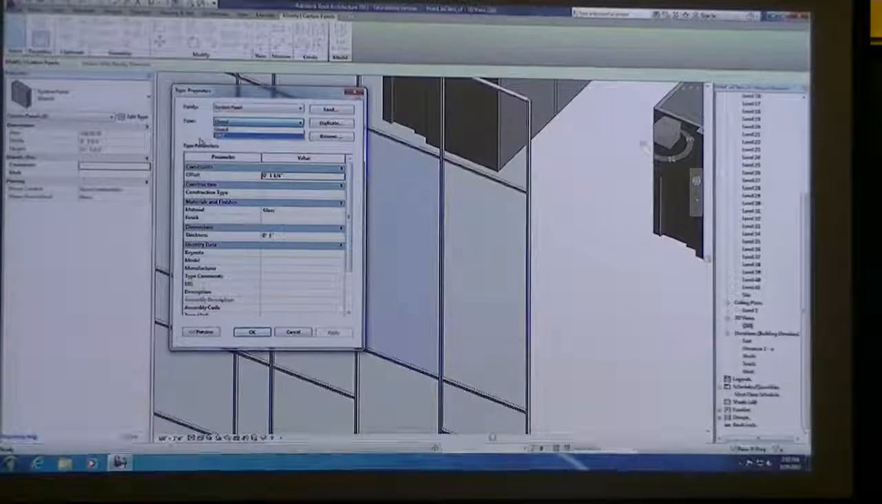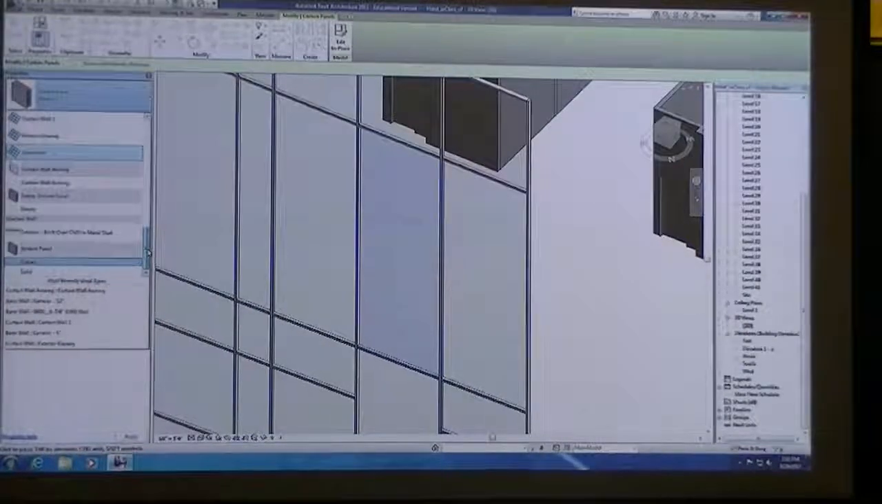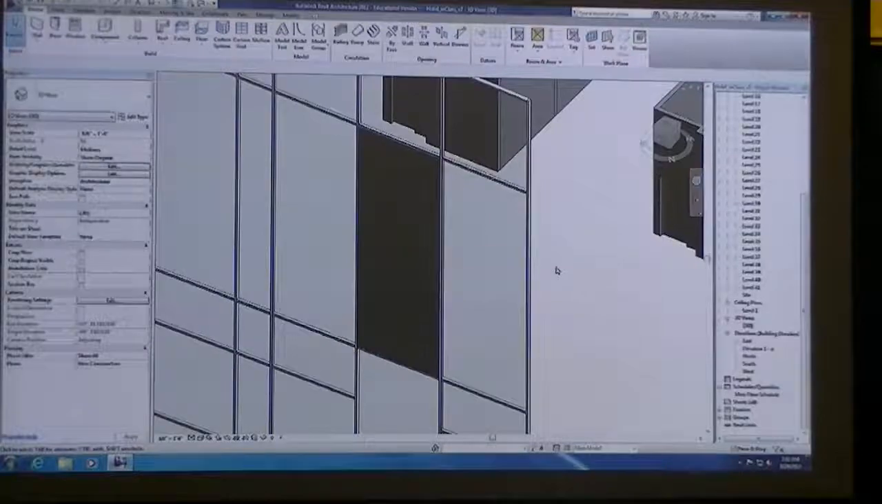There is a solid option in here. How come it didn't show up? Oh, I have to scroll down, sorry. If you scroll down, you also have a solid option, and there you go, you get a solid panel. But you could also change the material of what that